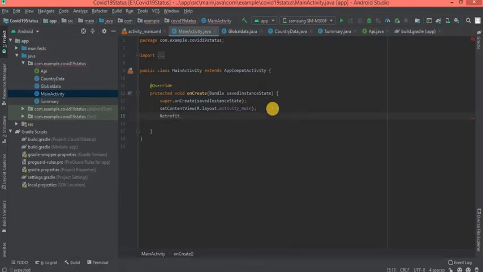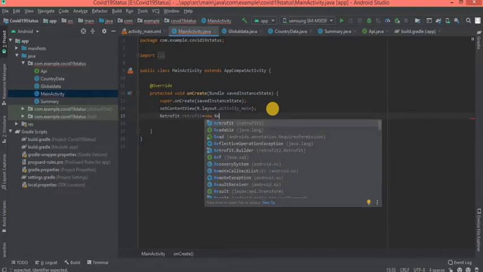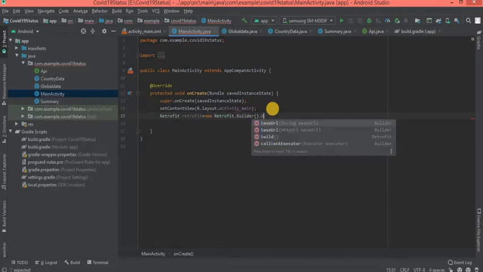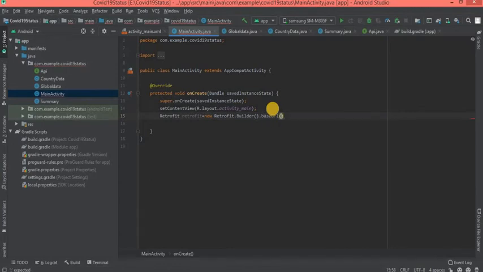Retrofit equal to new Retrofit dot Builder dot baseUrl, API.